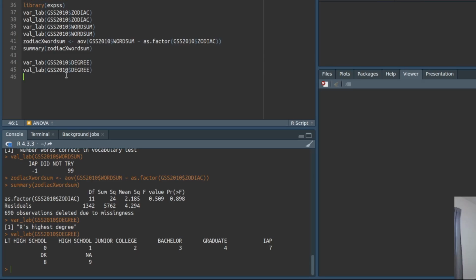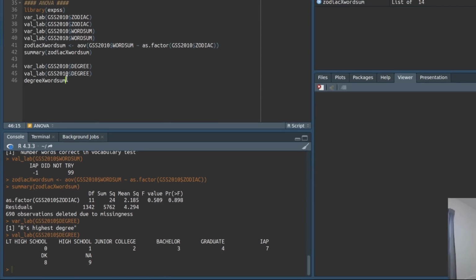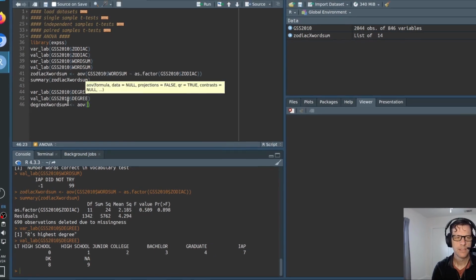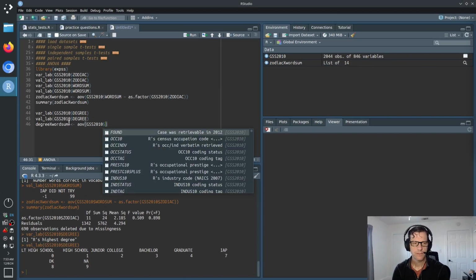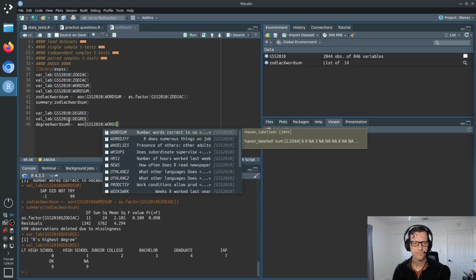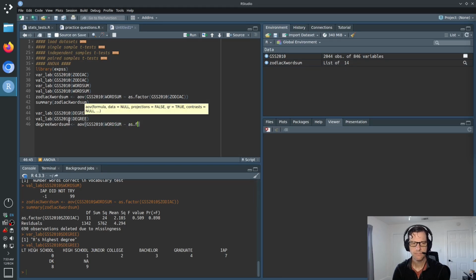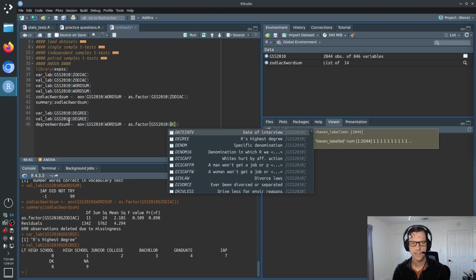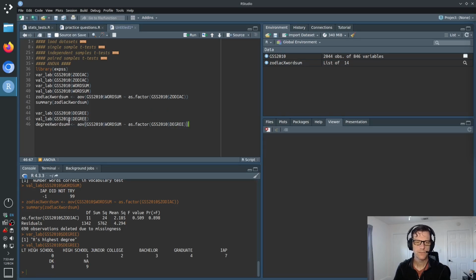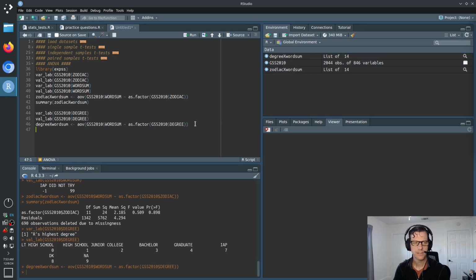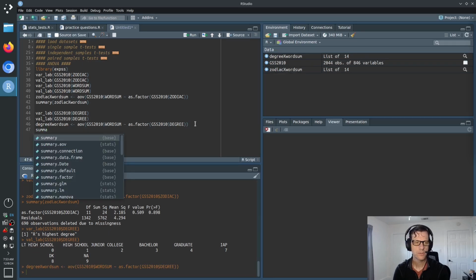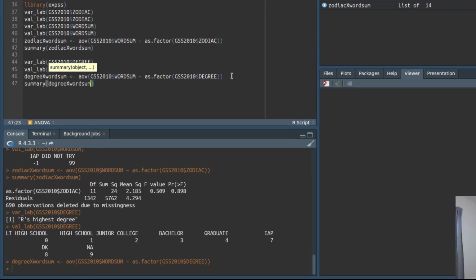So in this case, I'm going to do the same analysis of variance, but this time it's going to be degree by word sum. Again, you can call that whatever you want. Code is going to look very similar, so it's GSS 2010 by word sum, and it is dependent upon as factor. We're going to plug this in, and we're going to put, this time, degree. Okay, so that is going to be our code. We're going to get nothing down here, and up here it's just going to store the output, right? So we're going to store the output, and now we can do a summary of degree by word sum,